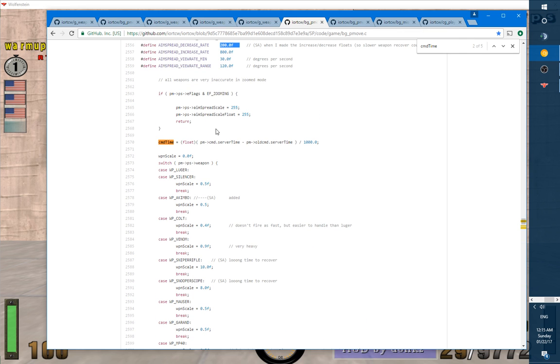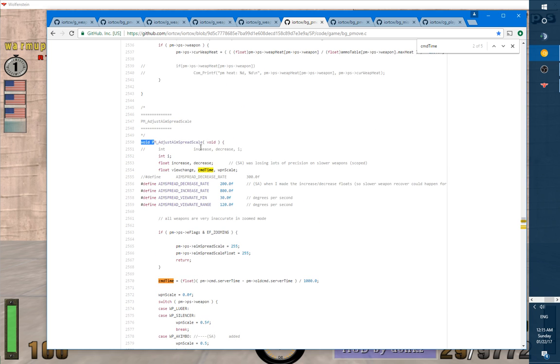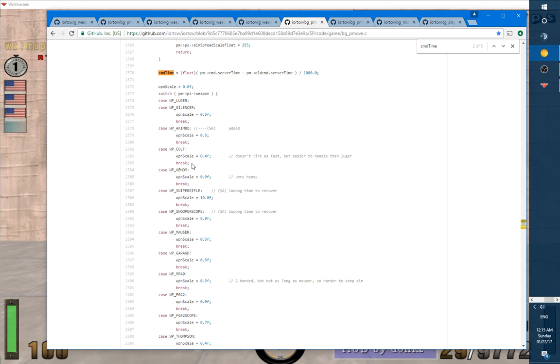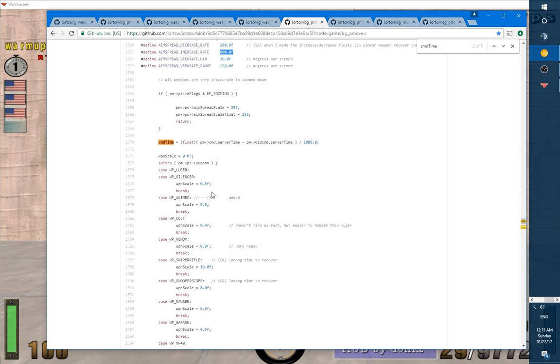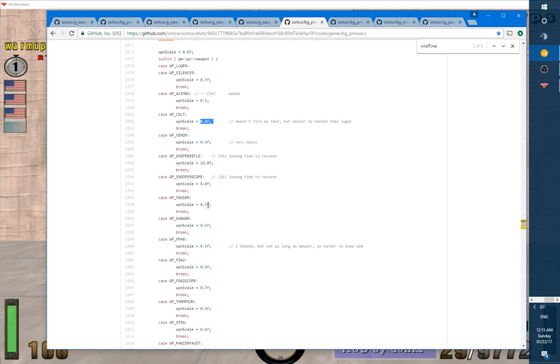Okay, let's see. First of all, adjust the aim spread scale. Every time the time passes, the spread scale is going to restore, and if you're shooting, the spread scale is going to grow. This is the constant rate of the formula. And based on the different weapon, the spread scale is going to be